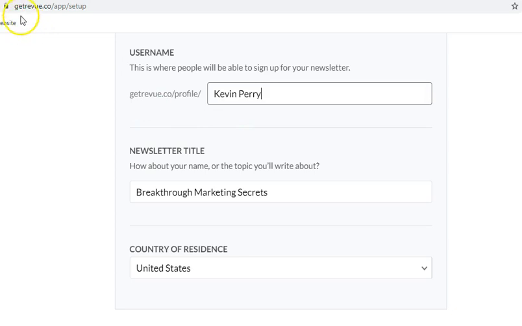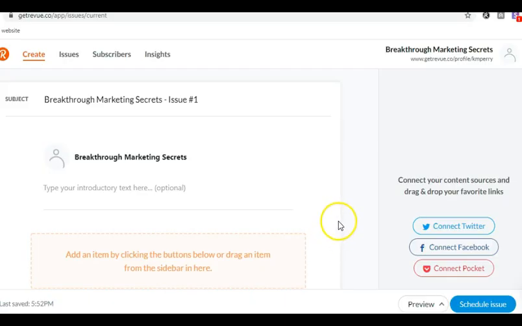Twitter partnered with Getrevue. After clicking continue on that, they didn't accept my name, but I changed it to KM Perry, and they accepted that. So it takes you to this app, issues current, and their create system, and displays the